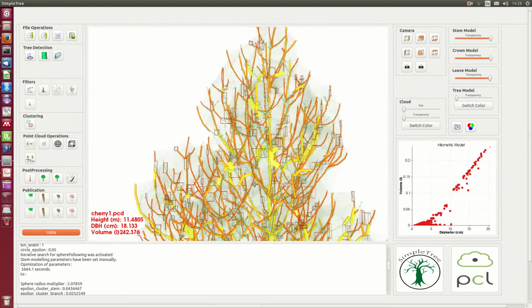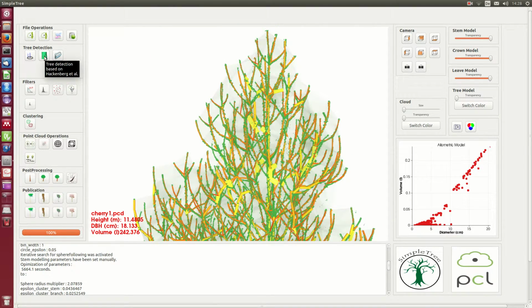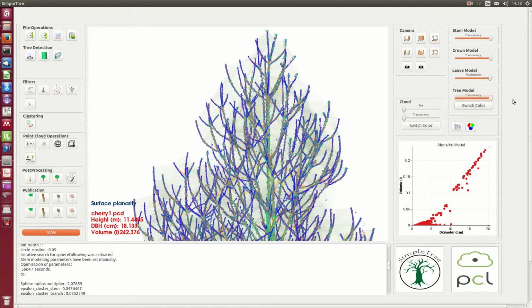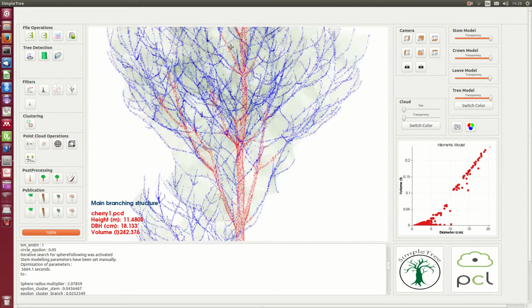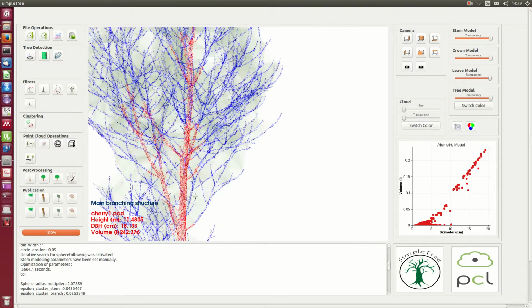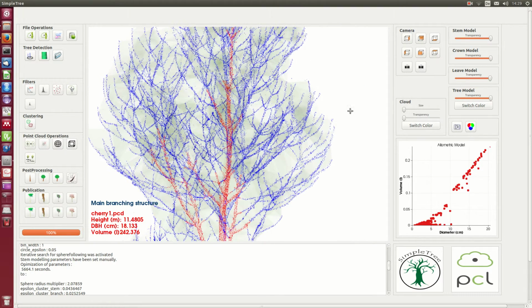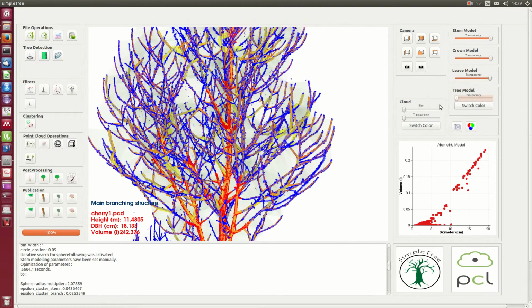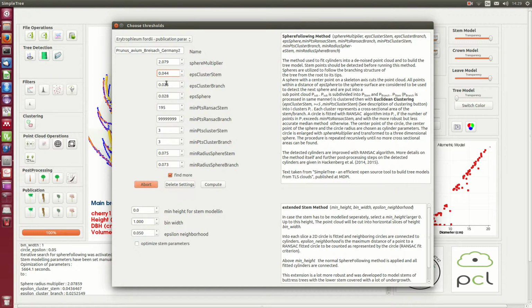There are some differences. The curvature is already pre-computed, so we have the stem and the major branches detected. And what I did differently was the parameters. So here are quite large parameters,